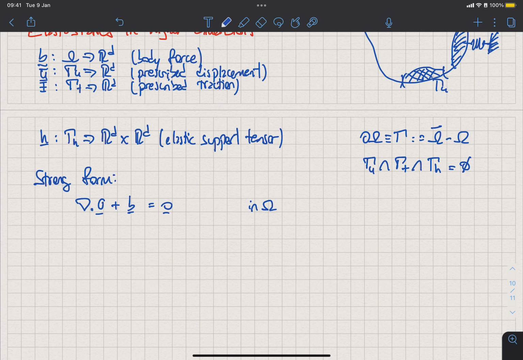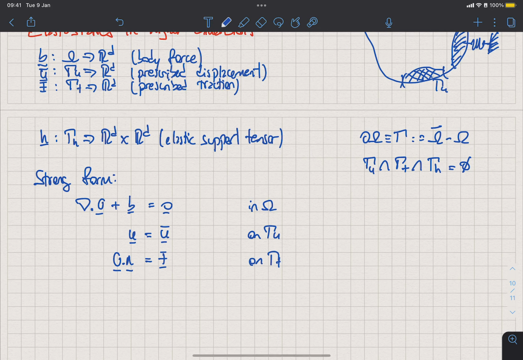We still cannot solve this, and I'm going to talk a little bit about sigma in a minute because we have not defined what sigma is, but of course, all of you should know what this is, right? Because you have seen this in previous classes. So u has to be equal to u bar on gamma u, and then we use Cauchy's relation to relate the stress tensor to the tractions along the boundary